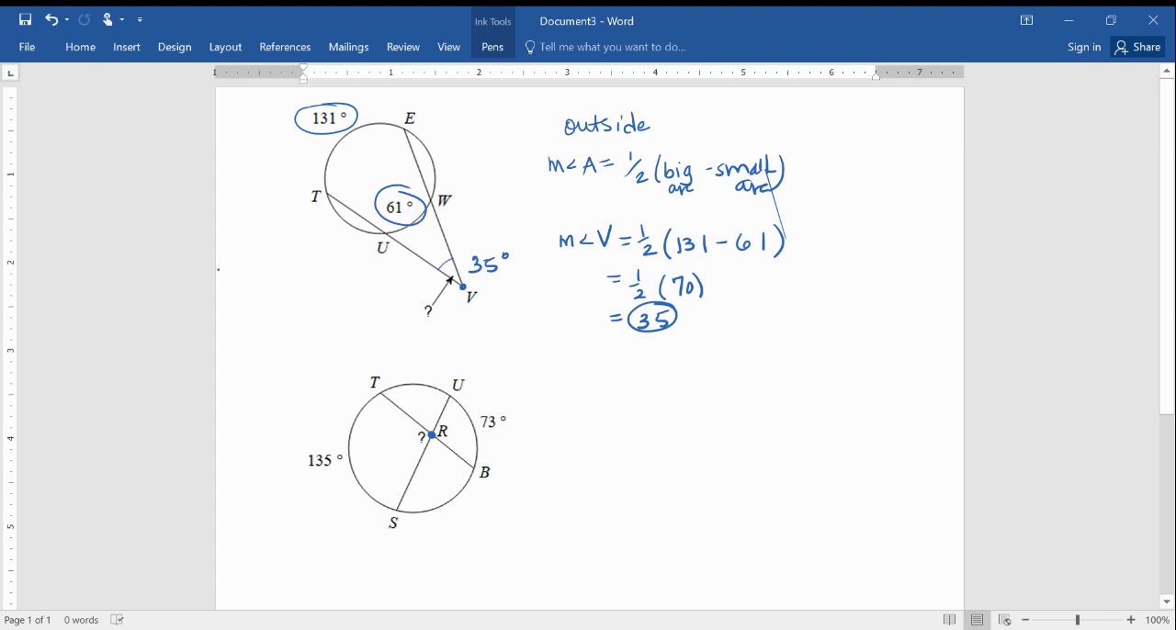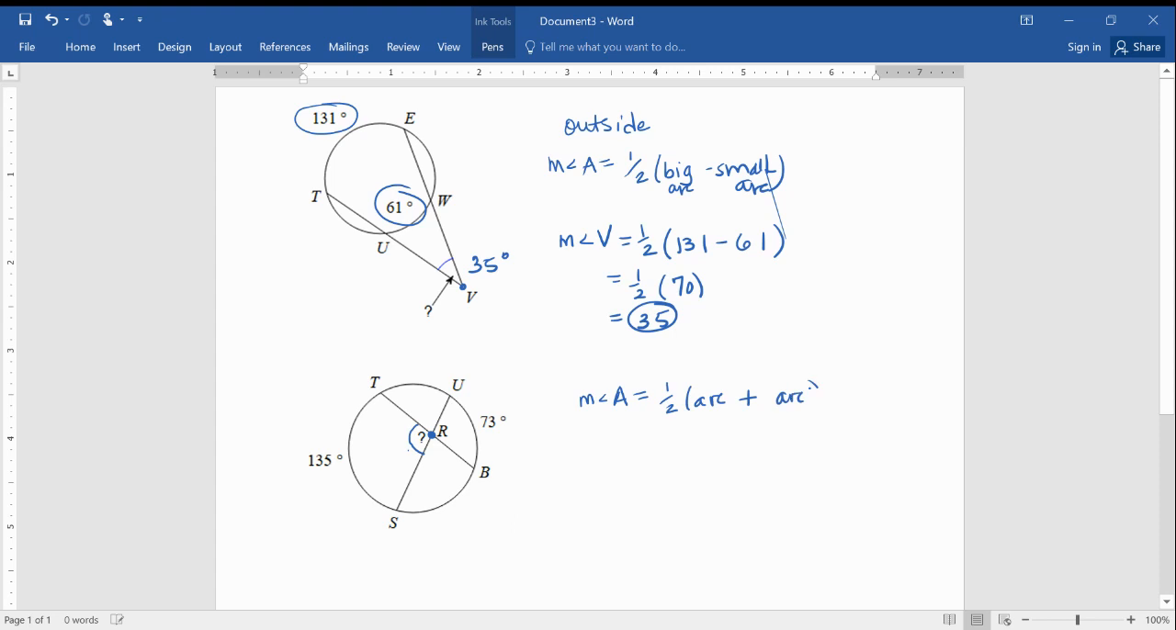All right, so let's look at another one. This one's inside the circle, but it's not at the center. The center may be around about here, but this is not at the center. So we're trying to find the measure of angle TRS. According to our note sheet, we said that the measure of this angle would be equal to 1/2 of